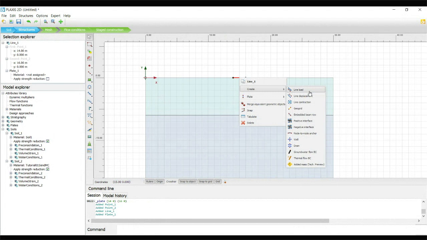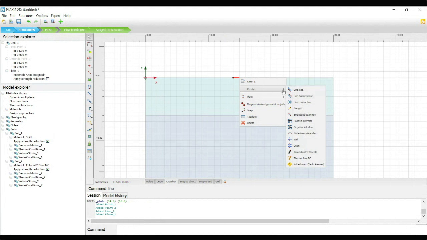Already we have one line with the plate, so the program will use the existing line to create a line load. We have the option line displacement also. Whatever is possible by line, you can generate by right click on any element. You can create the additional element by using this right click option.